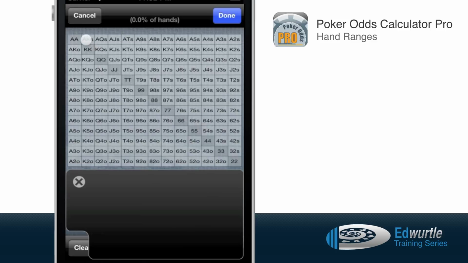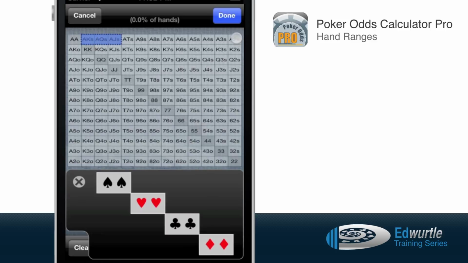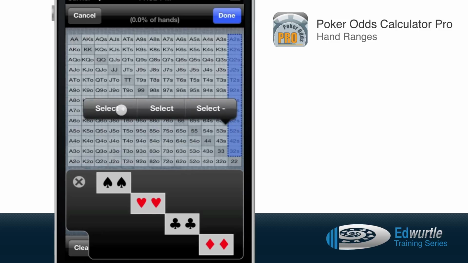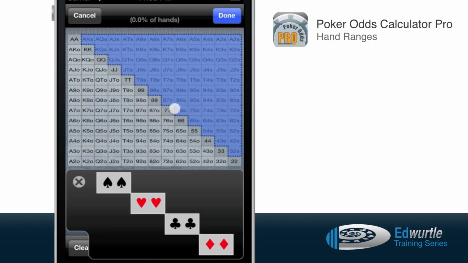and you select, first of all, on this side, the suited cards, right? Select all these here. Now you want to select basically this whole right side of the chart, because these are all the suited cards here. So select this row here, click and hold and hit select plus, right? So now I selected all these suited cards,